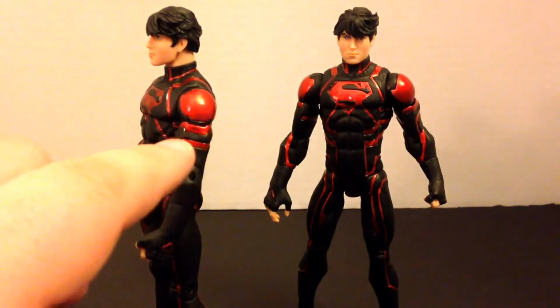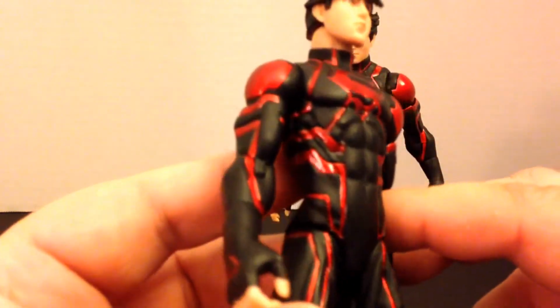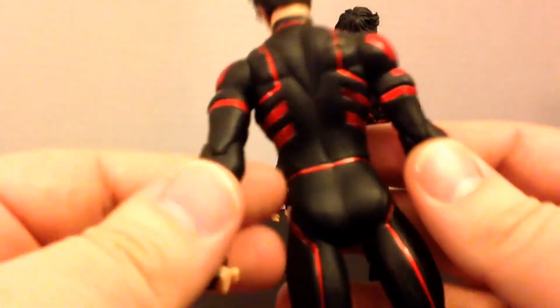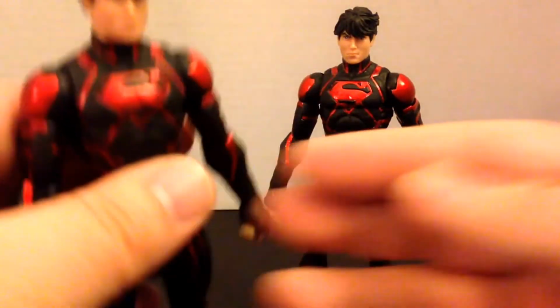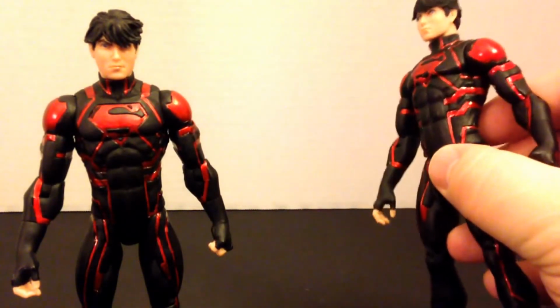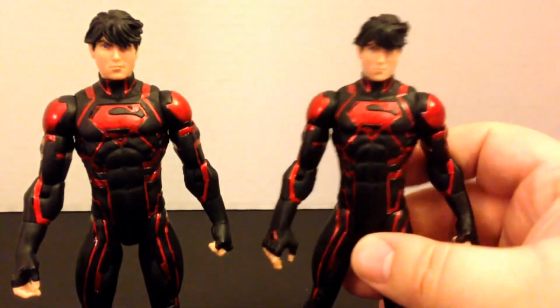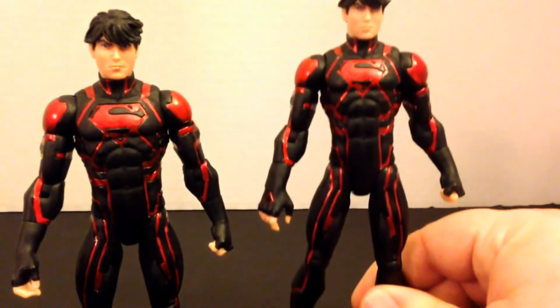You can see it here on his bicep, and you can see a little bit here, and there's just a few spots, a little bit here. But it's nowhere near as bad as my original figure, and again, his leg is still attached, which is the main thing. Because as you can see on my original, there's a big paint drip on the S, there's silver showing through everywhere, there's black paint everywhere, and the way I can easily tell these 2 apart is 1, the paint drip on the S, and 2, you can tell, let me get up in the white area, you can